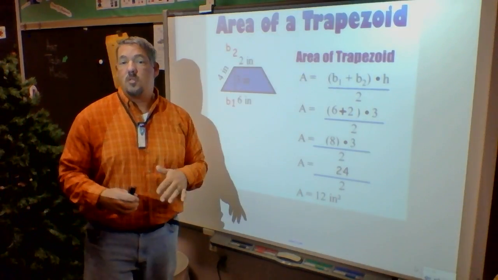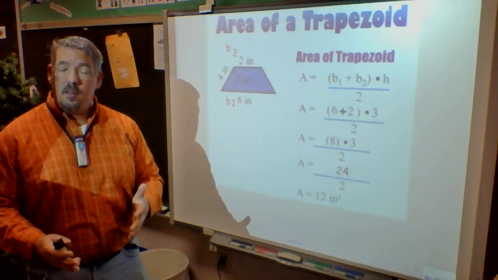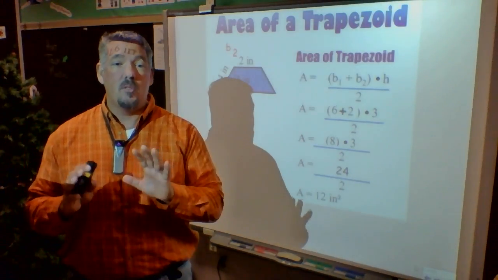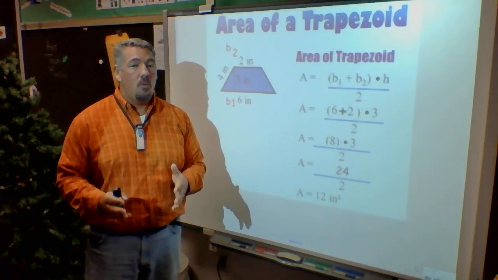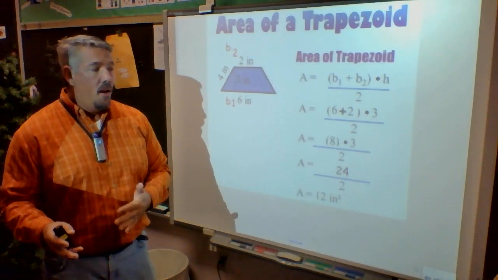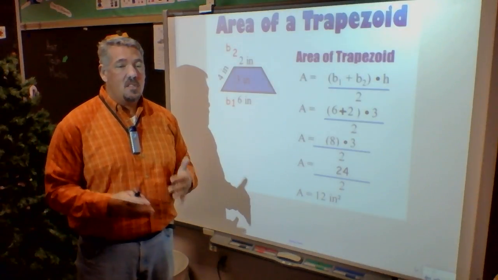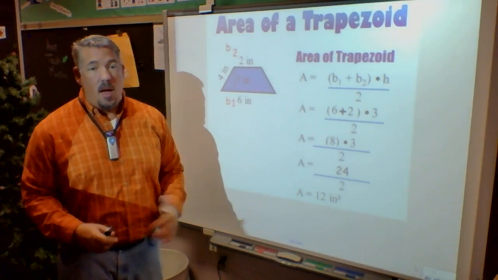is 12 square inches. Once again, anytime I find an area, my label is always squared. Don't forget that because it's important. Every label on your answers is worth a point. And if you don't say it's squared and you just give me a base unit, I have to count it